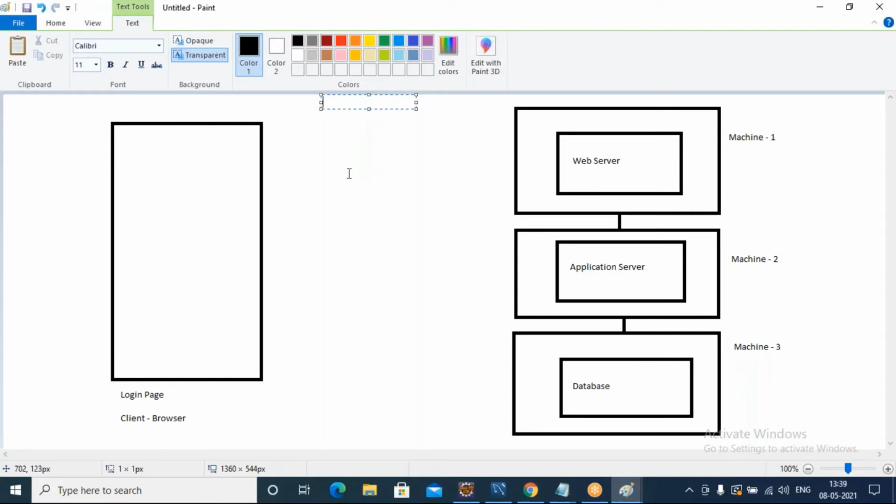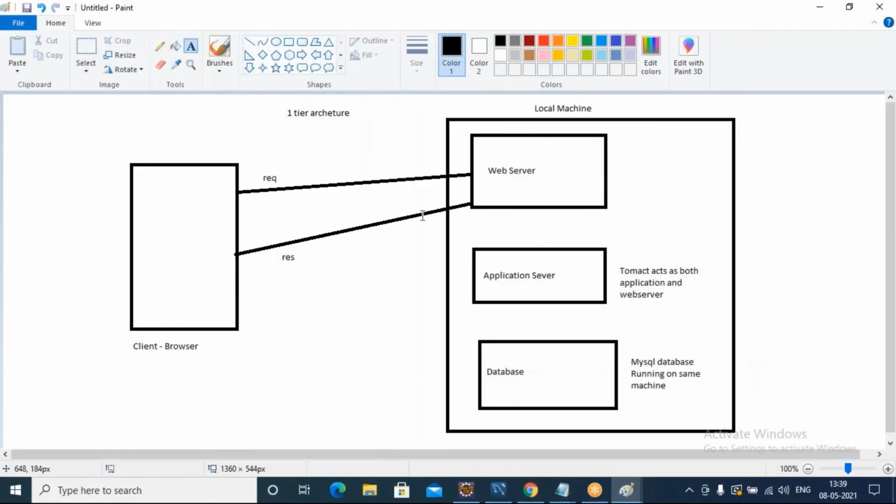Assume that the number of users requesting web pages or the application is more. Let's say 1 lakh users are hitting this request. They are trying to communicate. Internally these also will communicate to each other in the same machine. But here we cannot expect the response time to be quick. So to improve this response time...